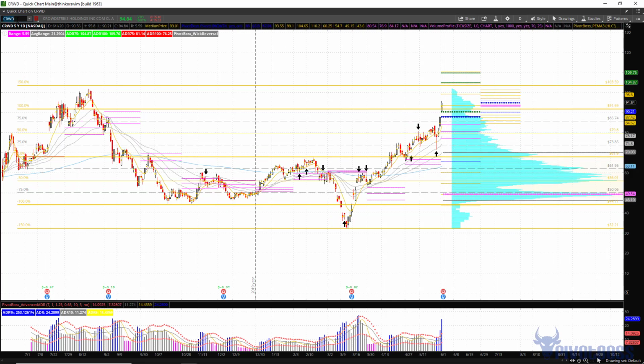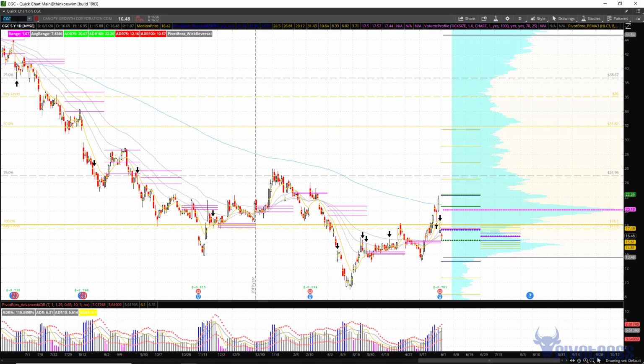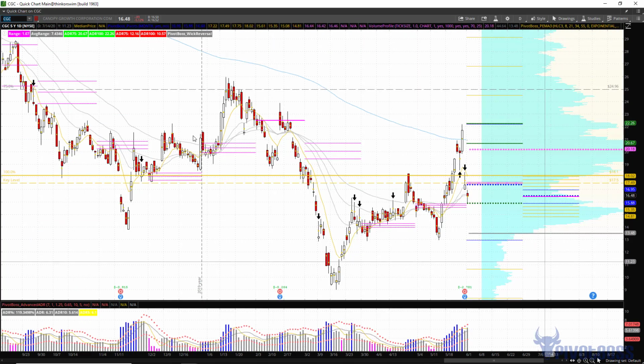One right here that we played on earnings is CGC. And this one is one that we took on earnings here and doubled overnight. It was basically the 20 put. And this thing closed above the 200-day for the first time in who knows how long, and it was a perfect opportunity to just pull the rug out. The 20 out-of-the-money put there was perfect because it opened up at 17 the next morning,